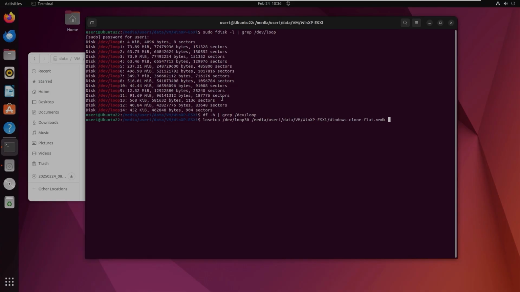This number is free. I will associate this device with the flat.vmdk file. Use the command shown on the screen. The root privileges are required. Set the offset as shown. Here 32256 is the offset, that is 63 by 512, for a disk formatted in Windows XP, Windows Server 2003 and older Windows versions. 63 is the number of the first sector of the partition, and 512 bytes is the sector size. For Windows 7, Windows Server 2008, and newer Windows versions, try the offset